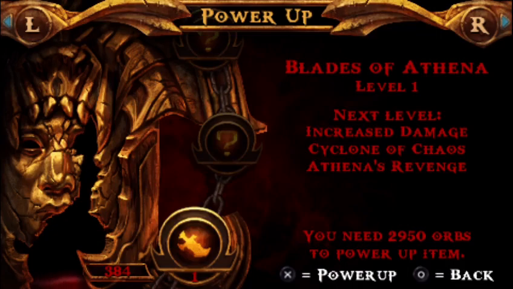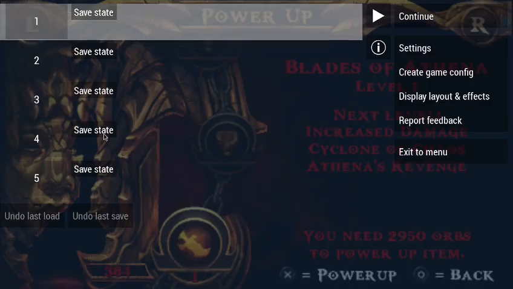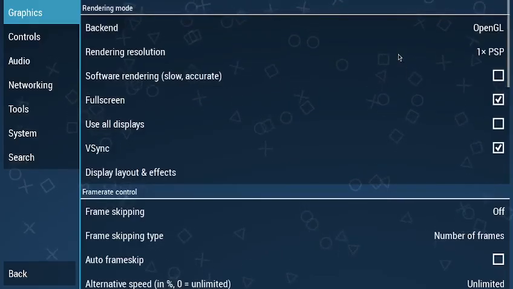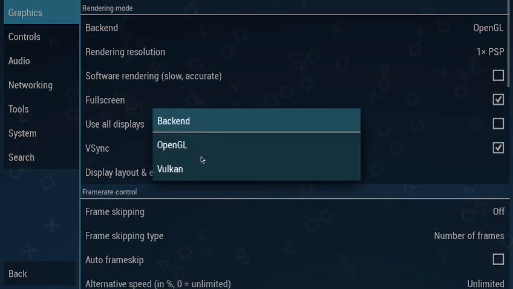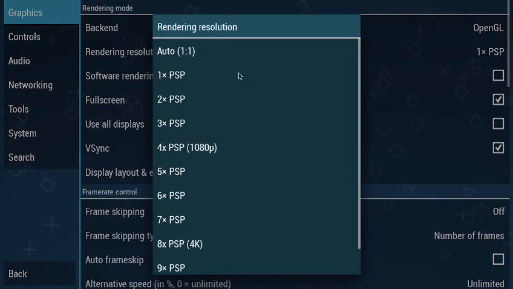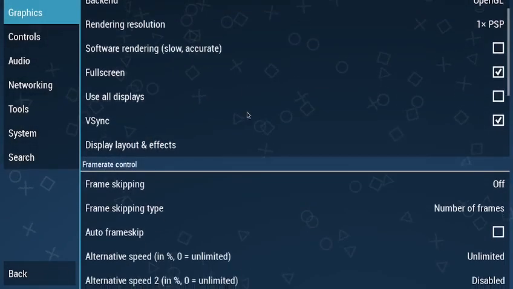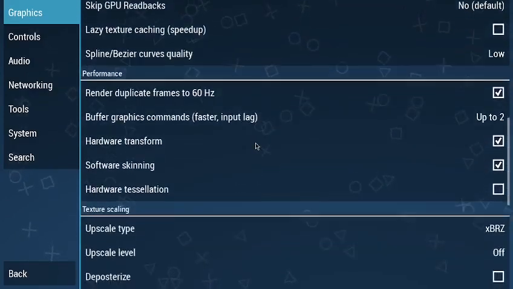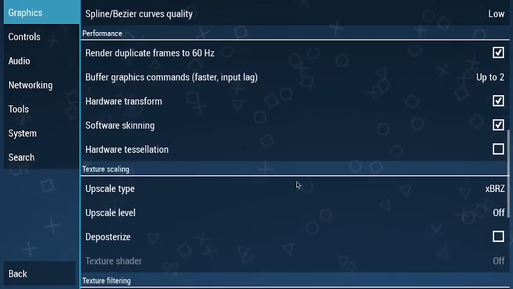Okay, so as you might all have seen, my game was lagging pretty much. So for fixing that, what I did was I just changed the OpenGL of my Linux machine. I searched about it, and I came across that to run games smoothly on your Intel hardware, you'll have to change your graphics backend, which was Vulkan before. I changed it to OpenGL and just changed this rendering resolution to 1x, and the other settings are pretty much the same. And I also changed the upscale level to XBRZ,